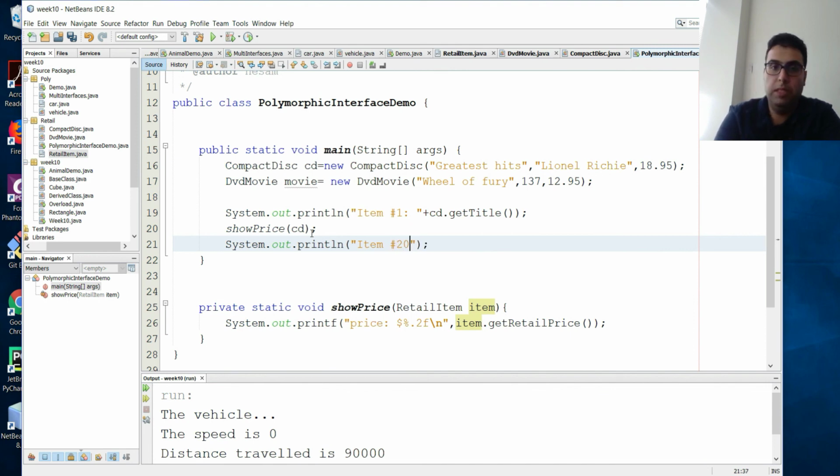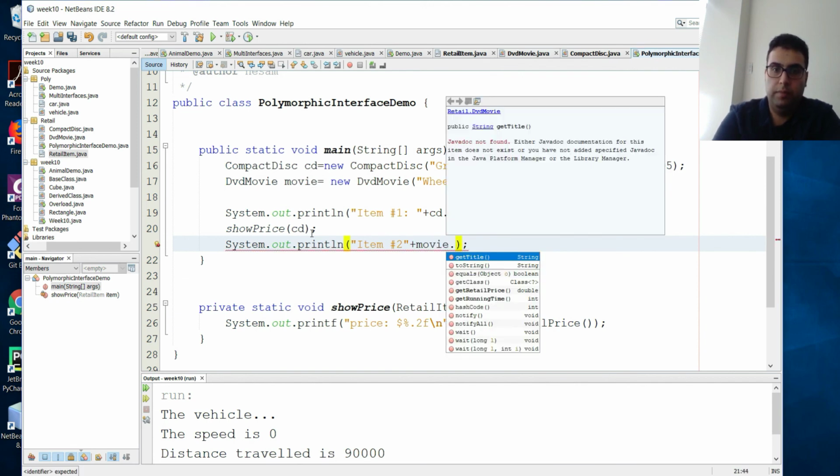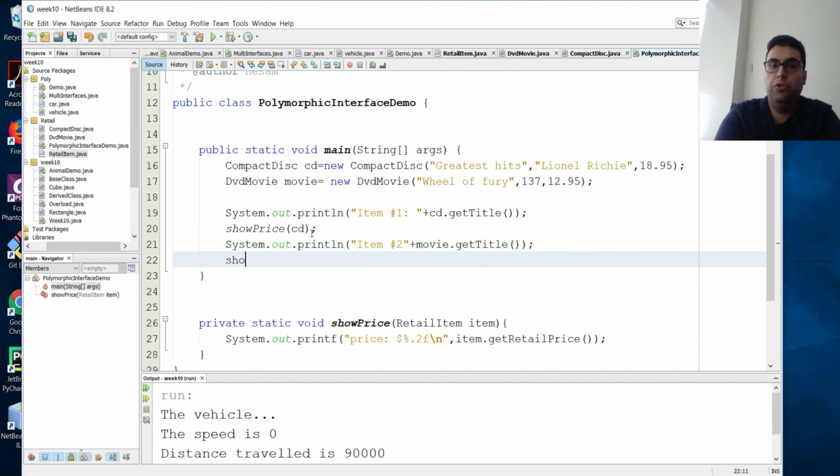Let's say, let's get the movie title, or item 2. So this is movie dot get title. Here we go. And for the price, I can use the same thing. So I can go show price